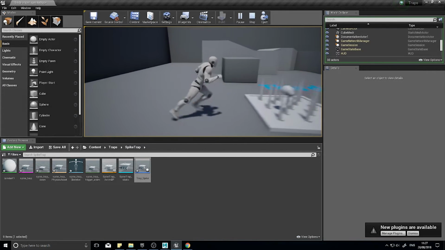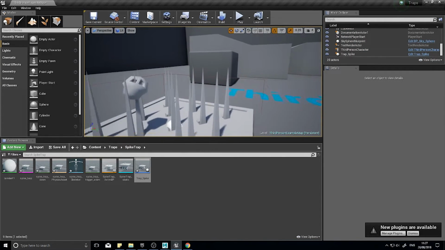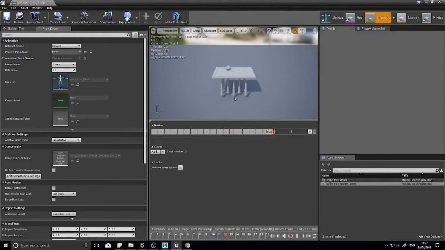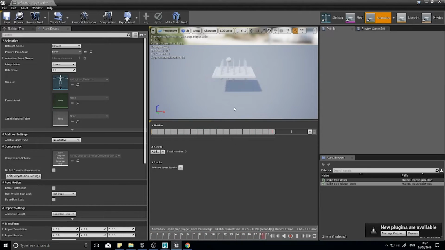Okay, so damage dealing, we're going to use a notify. So a notify is a little thing you can put on animations that basically shouts out when stuff is meant to happen. So if I open up my up animation, you can see here, let me just clear the one I previously made. So here you can see the timeline of the animation. On the left hand side you've got a load of details about the actual animation itself, and all the various assets of it. To make the notify, I'm going to pause the animation, put it onto the last frame,